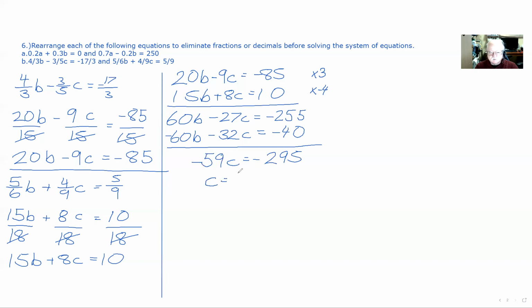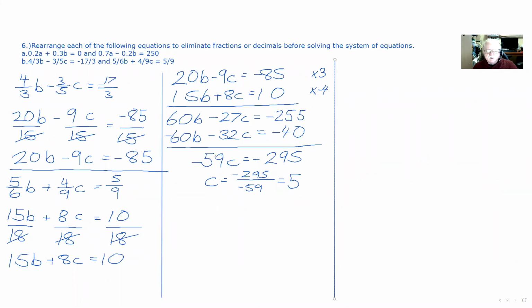Otherwise, we've screwed something up. So 295 divided by 59, and it turns out to be a positive 5. So we're happy because it's a whole number,